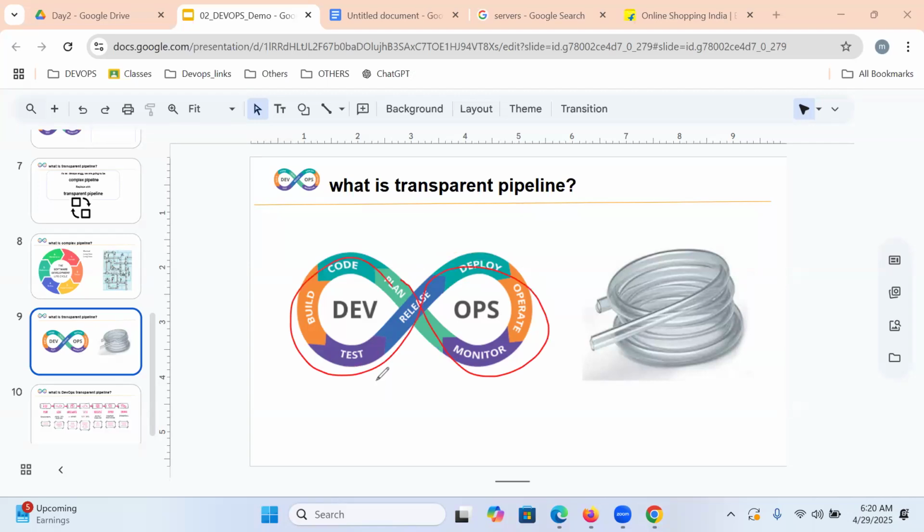Even if you get an issue or any problem in the middle of the process, we can easily identify it, and we can deliver into the production environment as soon as possible. That means the cost is reduced and the quality will be increased.